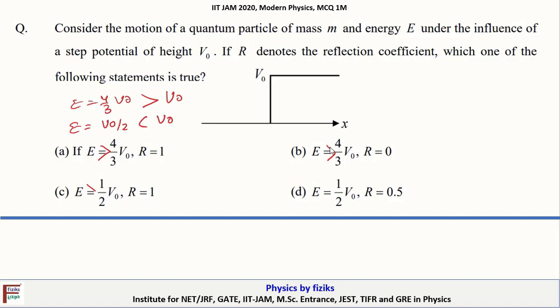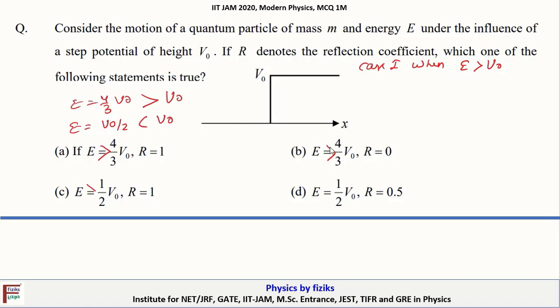These are the two cases. So when the particle has energy greater than the height of the barrier, case 1, when E is greater than V0,